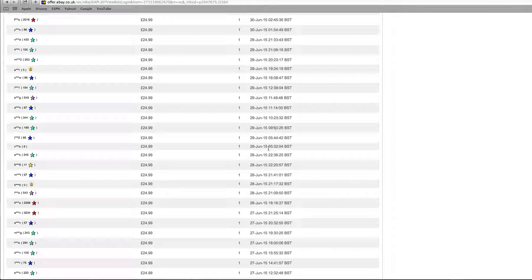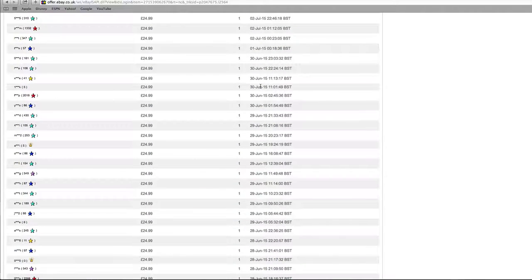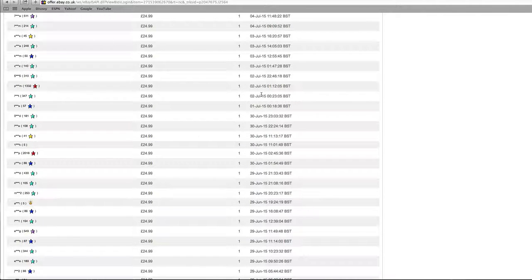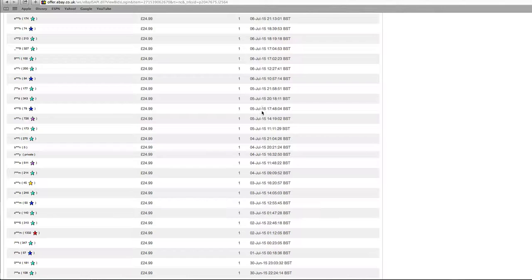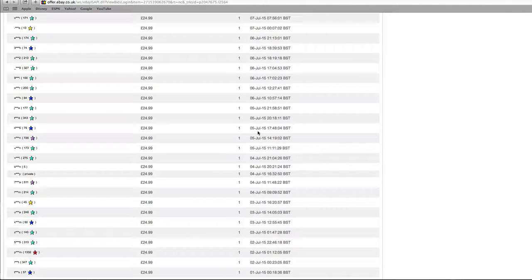29th looks like a better day. They must have sold at least about 10-12 here. On the 30th they didn't sell that much. 1st and 2nd they haven't sold much. 3rd they haven't sold much. So you can see this again up till 5th it has been a bit slow, and then again on the